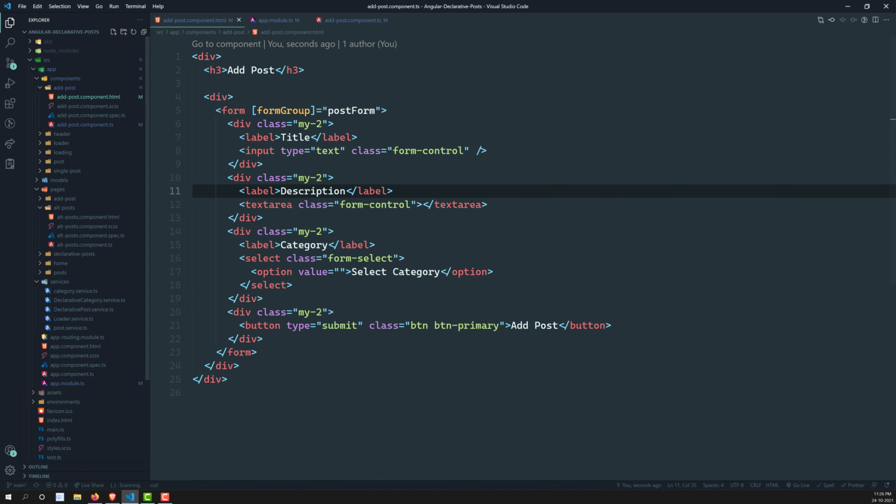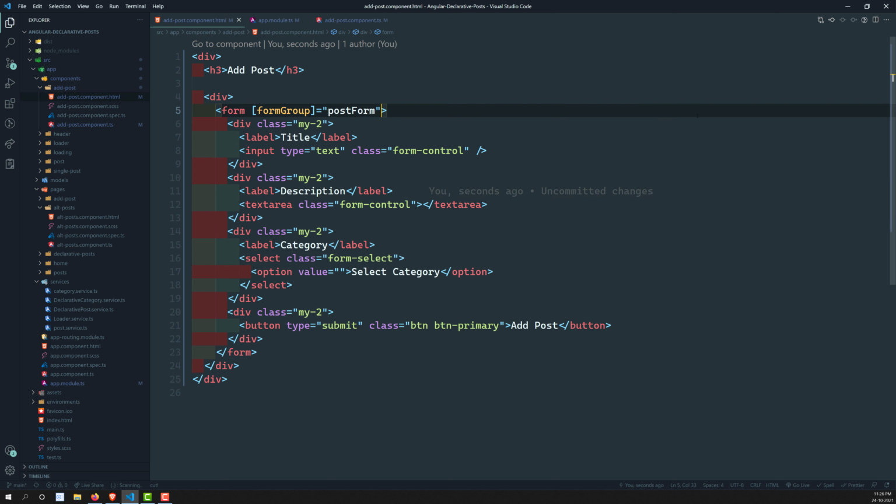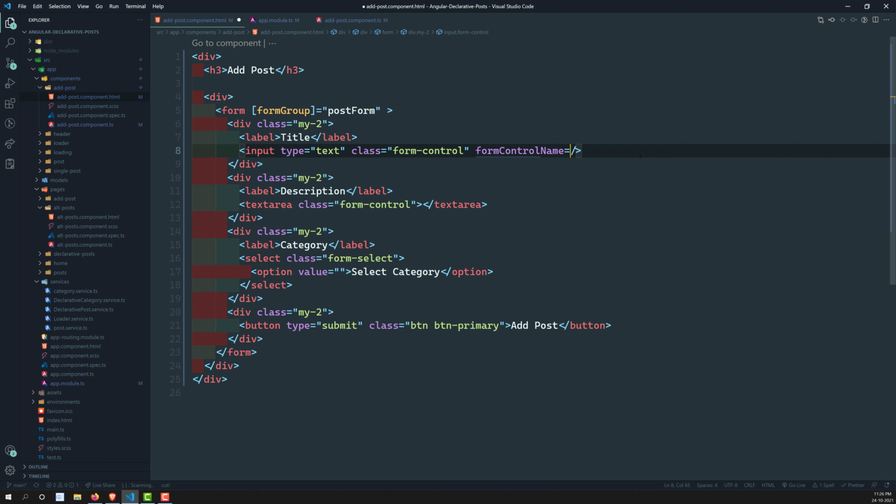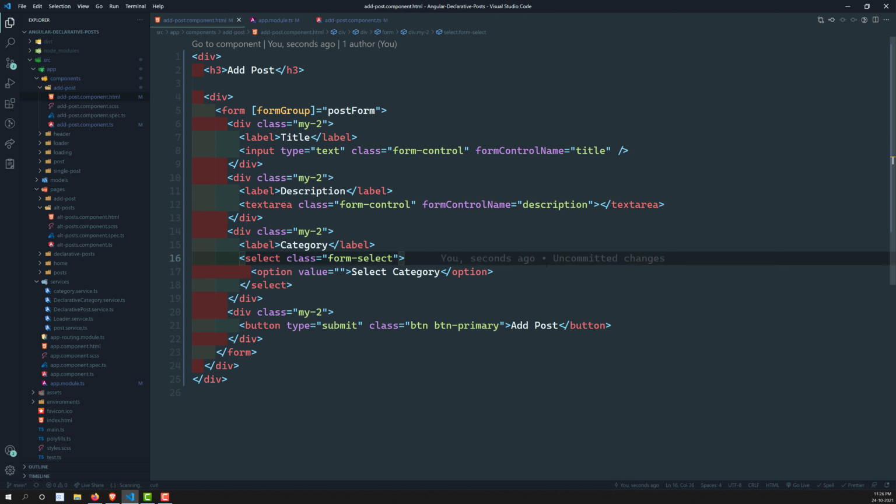So that is the reason I am covering it up very quickly. If you want to learn about this reactive form module, in the Angular complete course I did all these forms concepts. So here what we need to do is link up each of the form controls. So formControlName is equal to title, and here I need to link up formControlName is equal to description, and the last one, sorry, not formControlName is equal to, this is the category ID that we have created. So up to here it's fine.